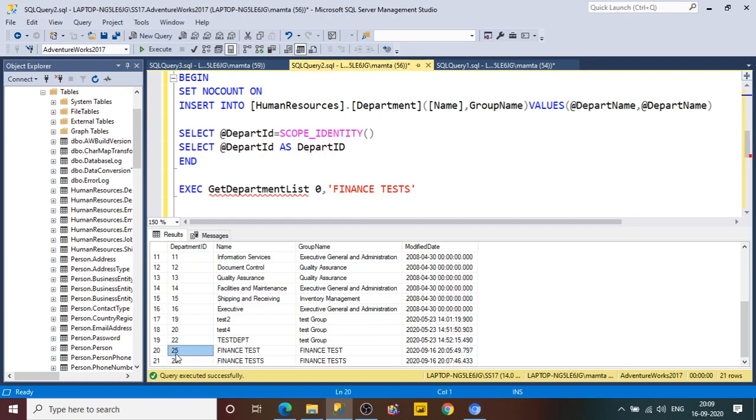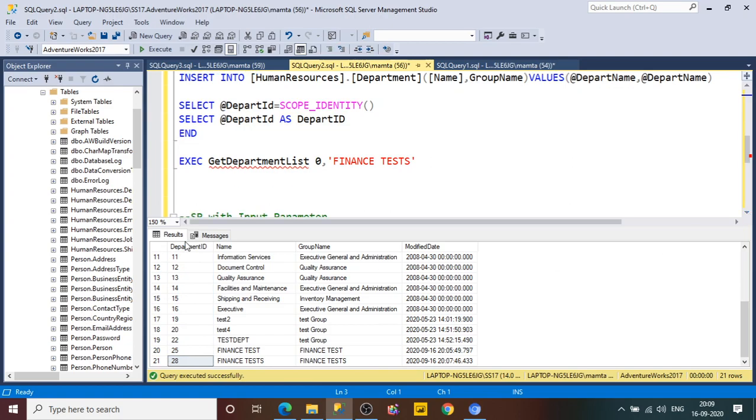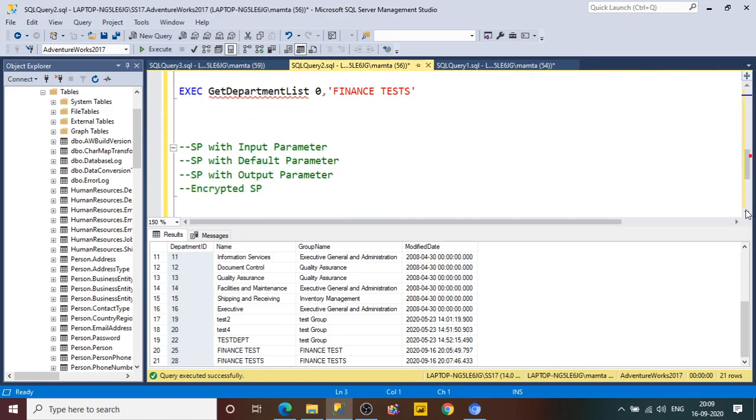As you can see here, after 25 we have a 28. So do not rely on the auto incremented column for the unique key. Do not use this auto incremented column as a unique column in your ASP.NET application. It will create a problem in your application in future. So this is the one tip.